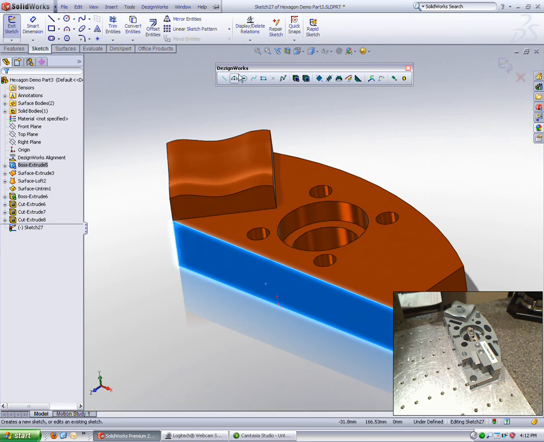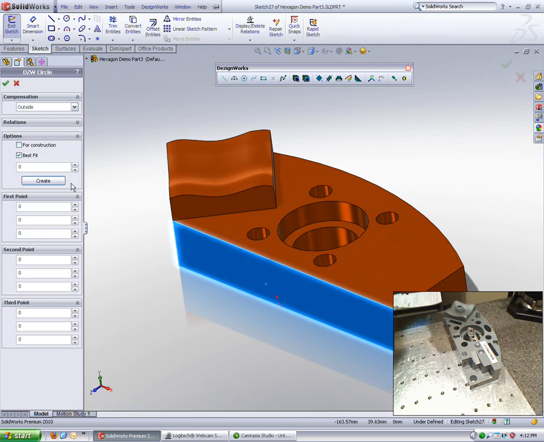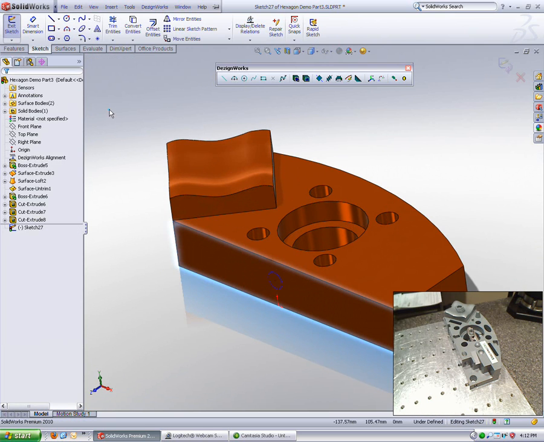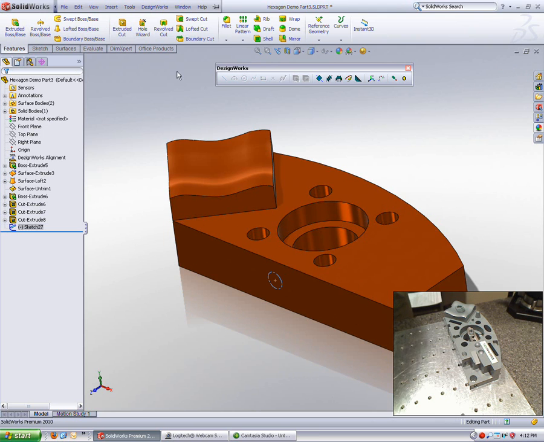use a hole wizard to do a counterbore hole. And in this case, we're just going to use the circle for location. So we're going to actually turn on construction. This gives us the flexibility to capture the information from the part, but then use some standard SolidWorks features like the hole wizard to get us the proper hole with all the necessary hole information that we may want for our 2D drawings. So in this case, we're actually going to create a counterbore hole, and it's a little bit